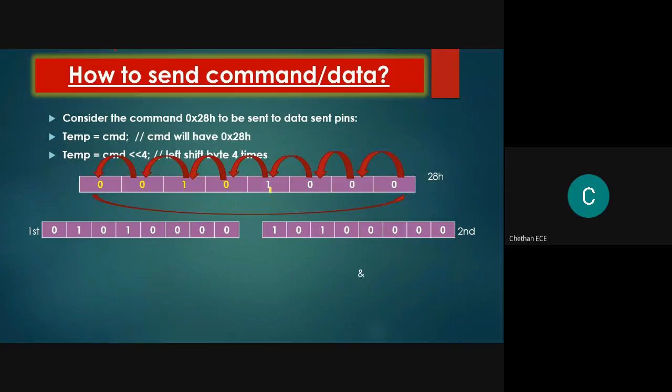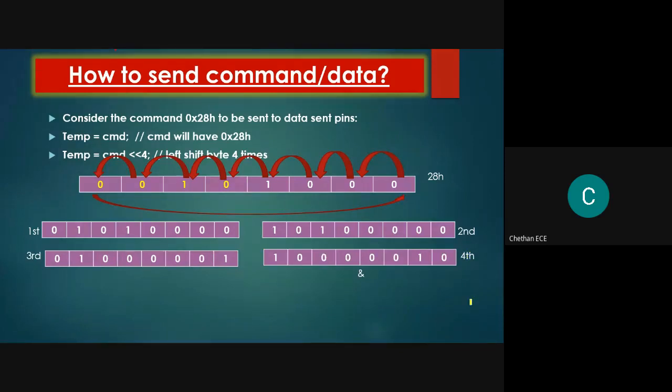Take the data, perform left shift operation, and obtain the first step result. Use this data, perform left shift operation on this first shift result, and obtain the second one. This is the third left shift result, fourth left shift result. Now we have arrived at meeting the second objective.